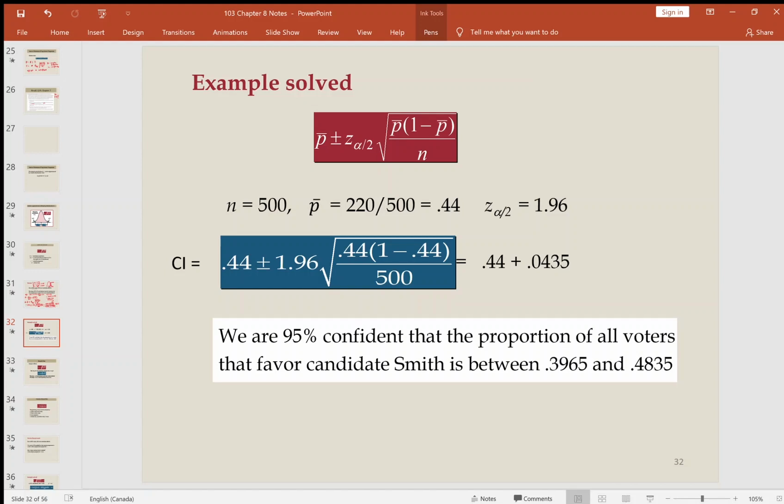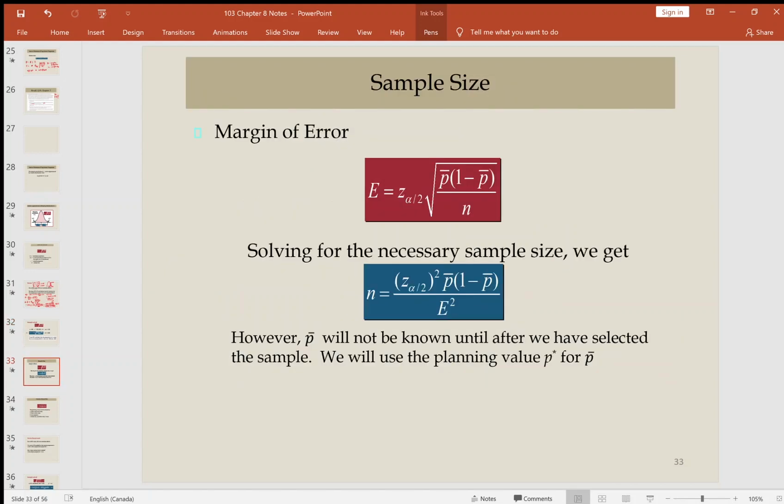The same calculations. Okay, now just as we calculated the sample size for the sample average and the population average, we can also calculate the sample size for proportions. So similarly, remember E, the margin of error, is equal to z alpha by 2 times square root of p bar times 1 minus p bar divided by n. If you rearrange the terms, so n comes here and E goes here,